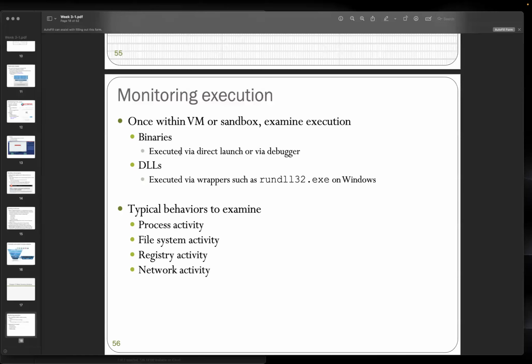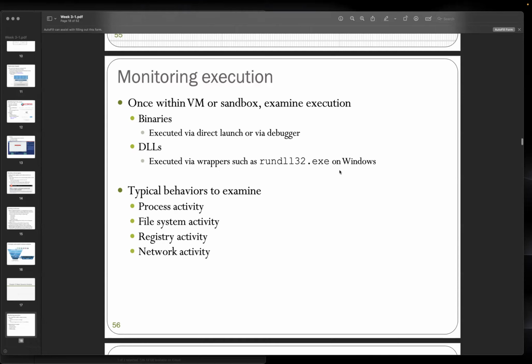When we check the executables, we directly launch them or use some debugger. And also the DLLs, the libraries. Those may be executed with a helper process, like rundll32.exe on Windows. I think plenty of you may have seen this one, rundll32. And what kind of behaviors do we monitor in execution, including the process activity,